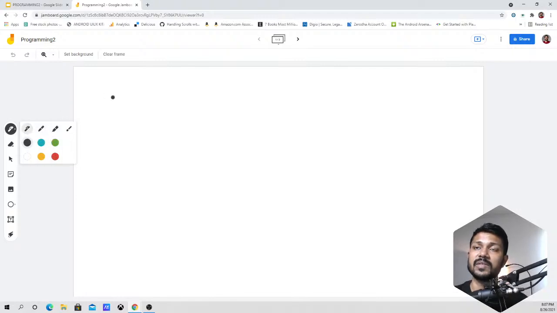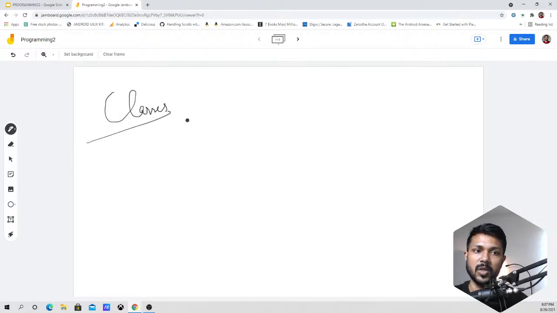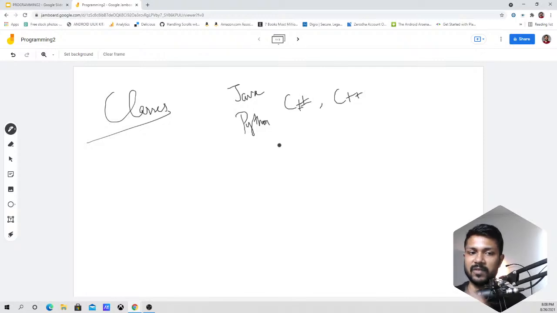But what we did specifically with respect to the classes is that in normal classes you have this concept, or this problem, of programming languages like Java, where you have a bunch of different ways of creating classes, and also Python, where everything is in the form of a class and object. Take for example C#, again Java, again classes and objects. C++, same stuff again and again. So everywhere you see there's a concept of classes present,